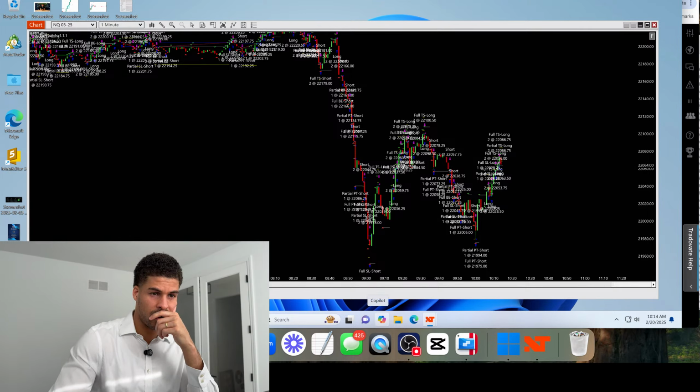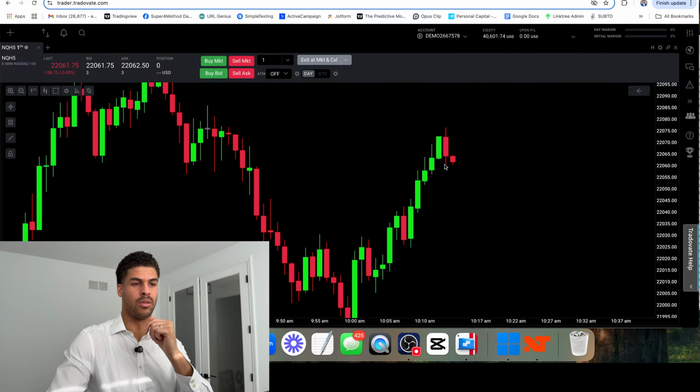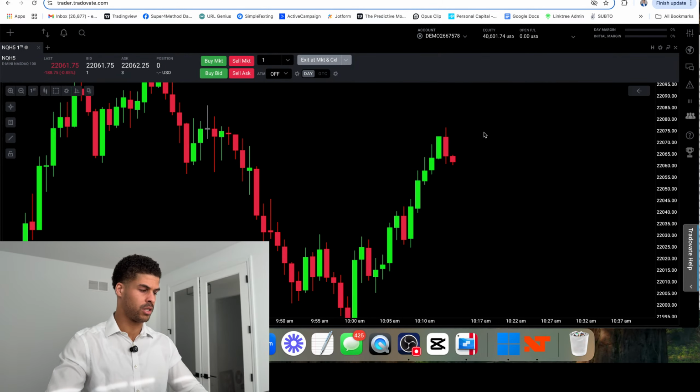Let's wait. Looks like if this candle closes lower than this level down right here, then we'll have ourselves a nice little short.